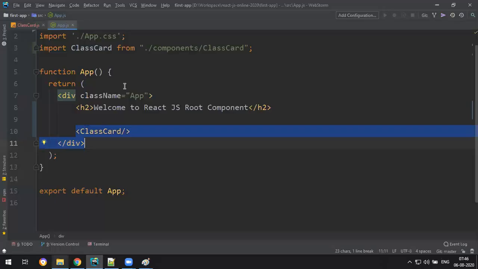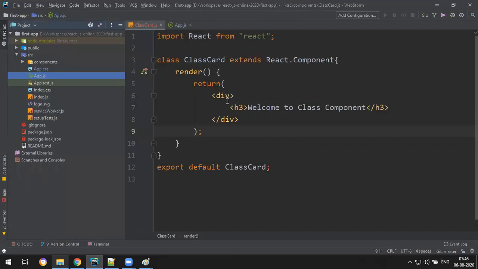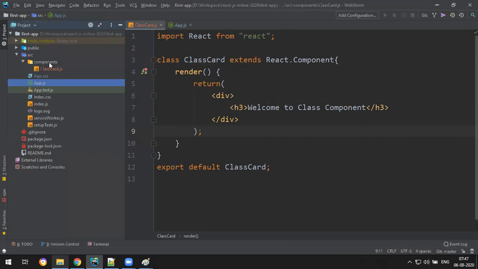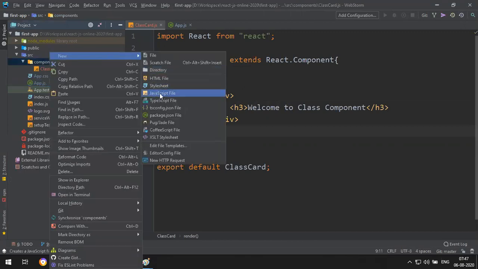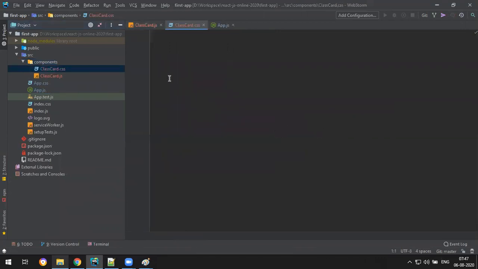Okay, now I want to write some styles for this card. Let's make some h3. We write only JS files, but to apply styles you must create one CSS file. Go here, new style sheet. Card.css, same file name, so that we can easily understand both belong to the same thing, right?